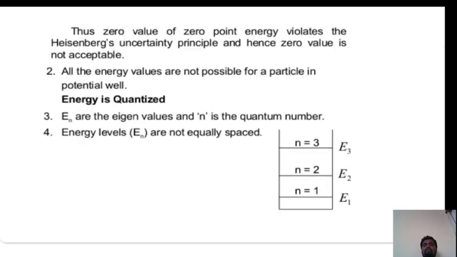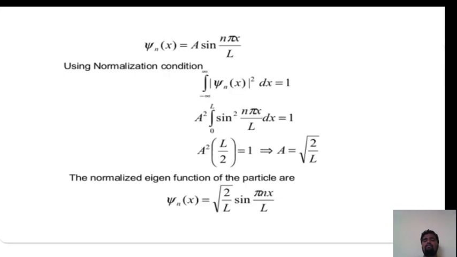Now we got the expression for energy. Then by using the normalization condition, we can get the expression for A. Psi n of x is equal to A sin (n pi by L) x. Using the normalization condition, that is integral of mod psi n square dx is equal to 1, if you solve this integration from 0 to L of sin square (n pi by L) x dx equal to 1, we will get the value of A is equal to under root of 2 by L. This is the value of the constant A.